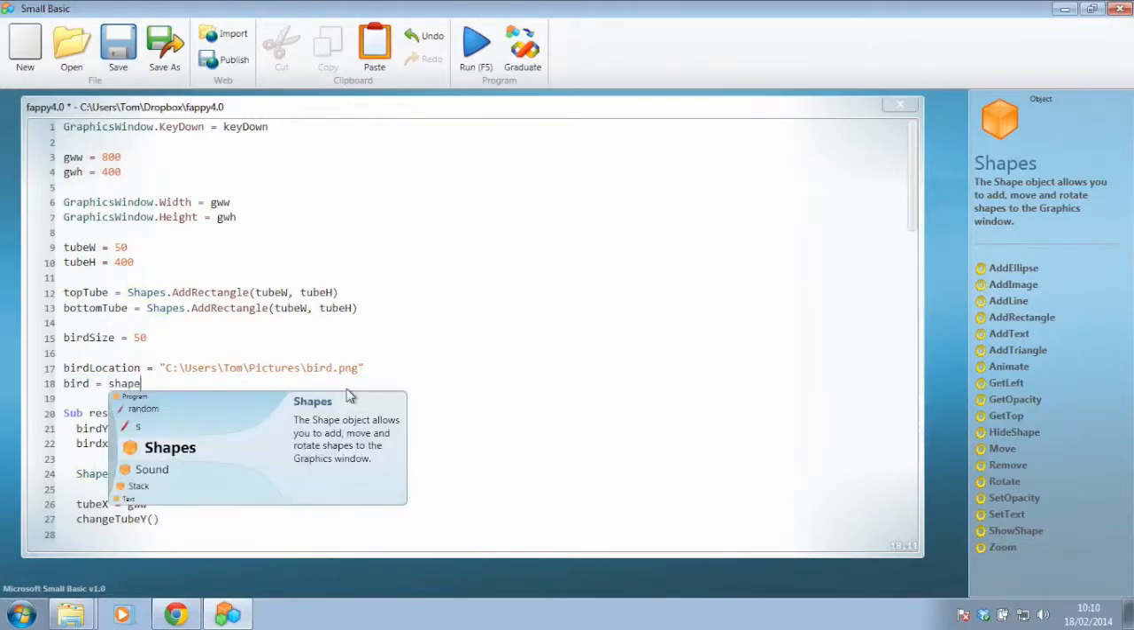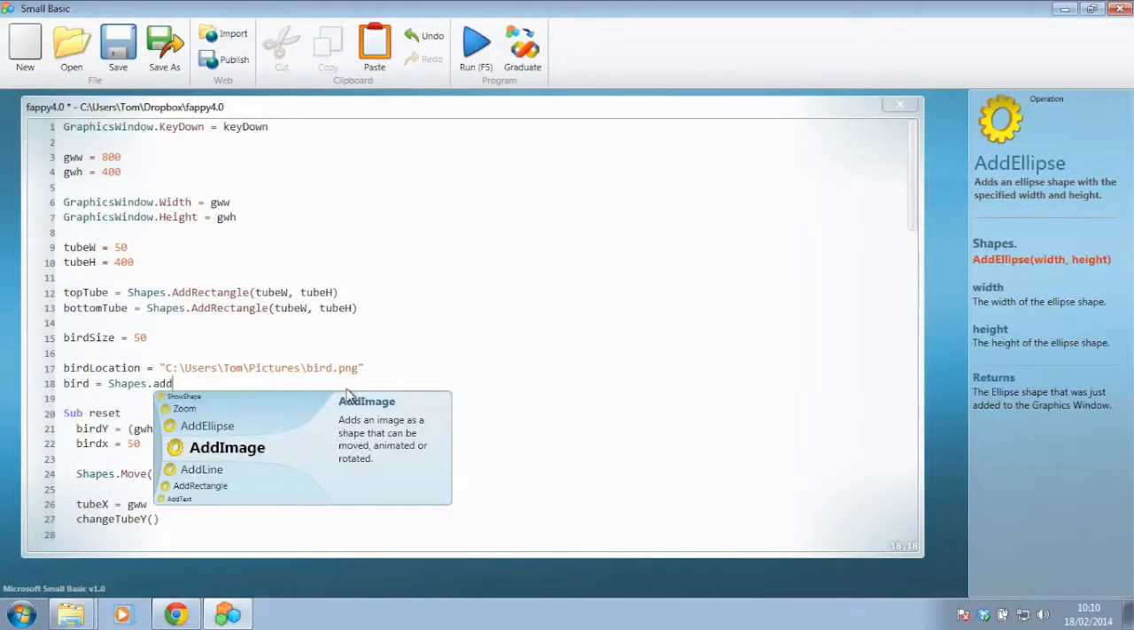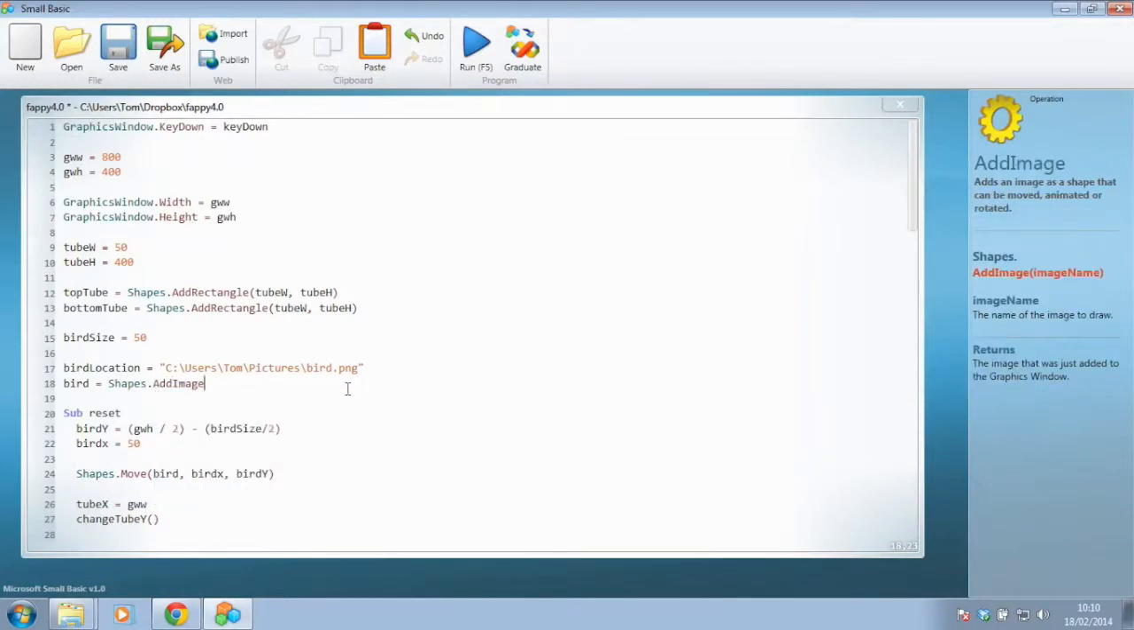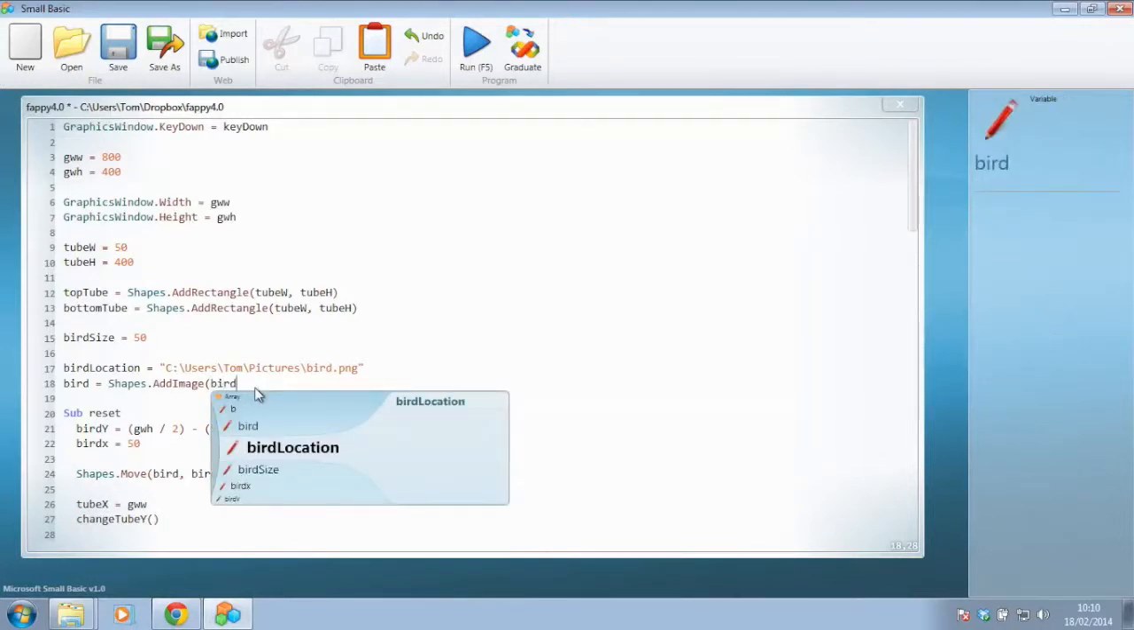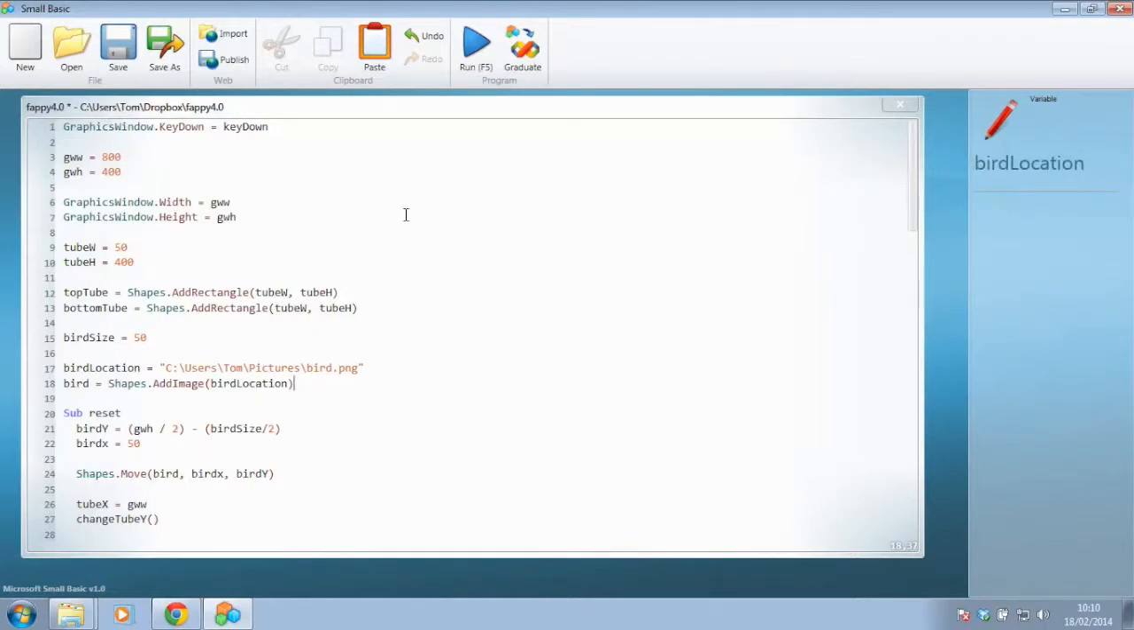It's now going to equal shapes.add, and you'll notice we've got an add image function. So with our add image, we can say, well, we'd like to add an image, and you'll notice that to do this, it's just asking us to put in an image name. And our image name is actually going to be our image location. So I'm going to type in bird location, close brackets, and hopefully now if I run that,